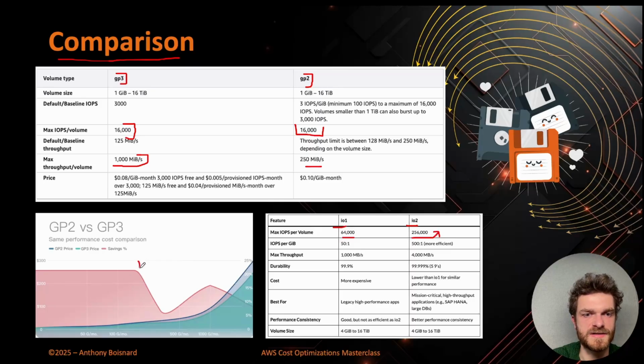For prices, you're gonna save 20% here for GP3 over GP2 volumes. And after, if your instance has a lot of throughput and data, you're gonna save a bit less, but you're gonna save in most of the cases. For IO2, you can see that it's more efficient, so meaning you can put less IOPS max. And so that's a way you can save some money.